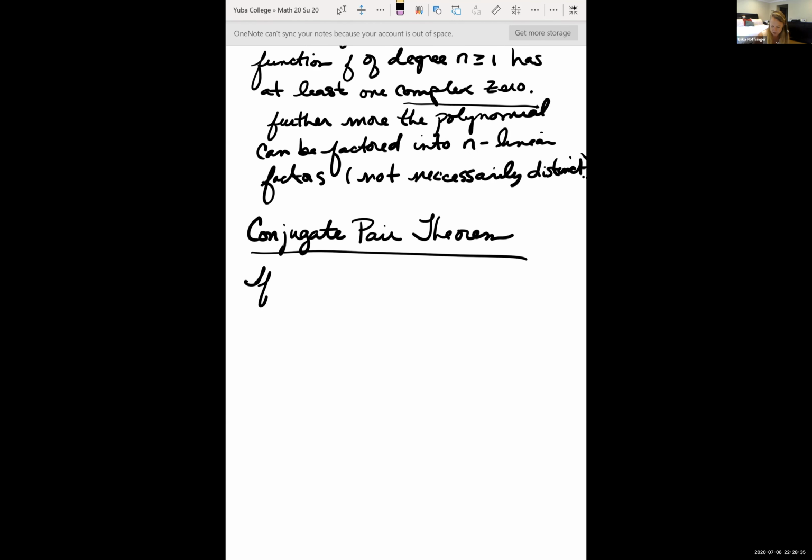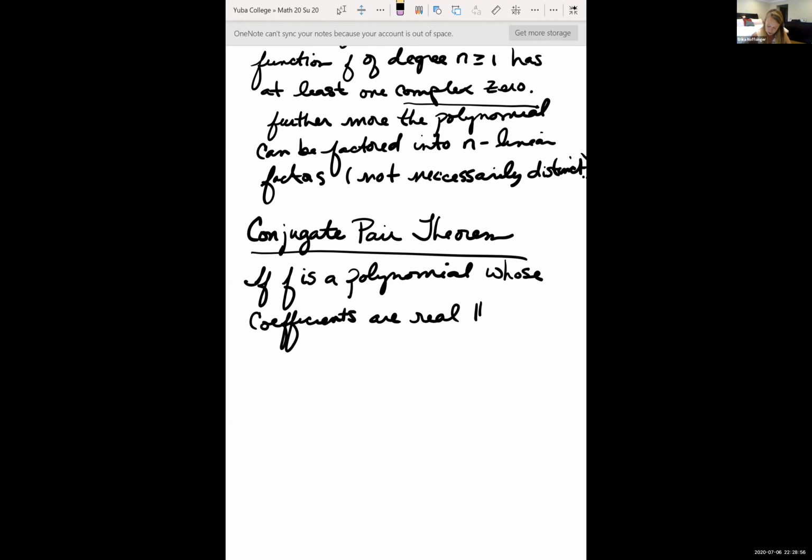So again, if f is a polynomial whose coefficients are real numbers, then if r equals a plus bi is a zero of f, then the complex conjugate